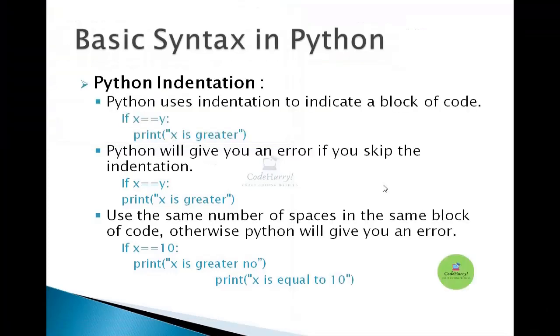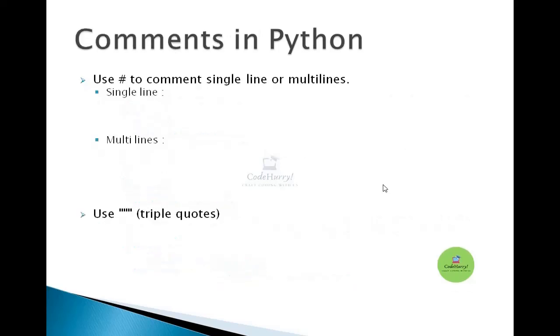Now that we have seen the indentation, the basic syntax of Python, now let's see the comments, how to provide comments in Python. What are comments? They just give you some information about the code, and that information is not executed, it needs to be skipped. In Python, hash is used to provide a comment, in a single line or multiple lines. So whether we are going to comment a single line or multiple lines, you have to use hash in this way.